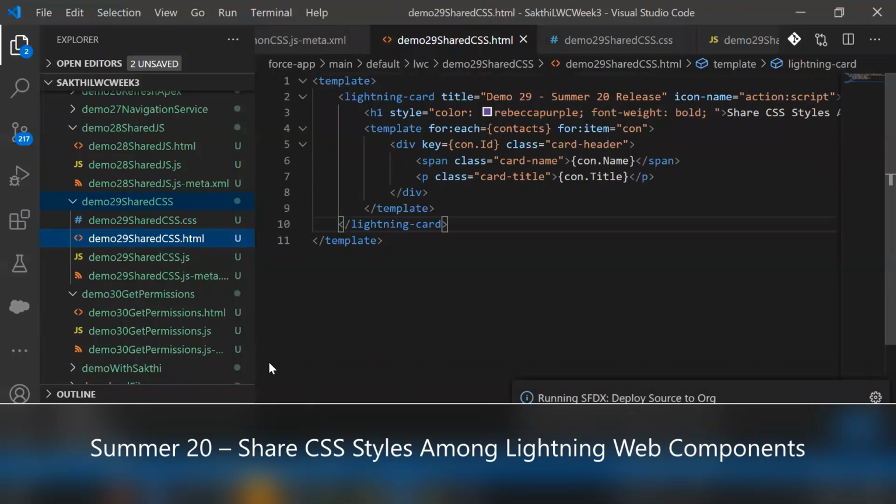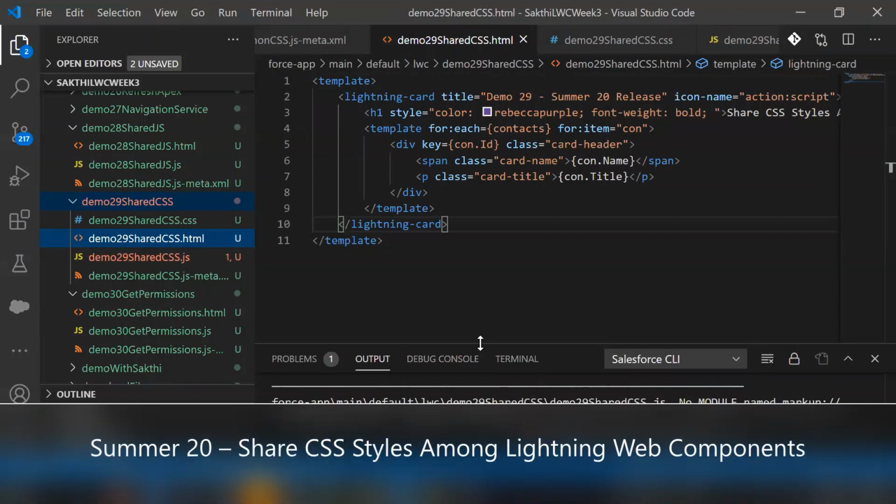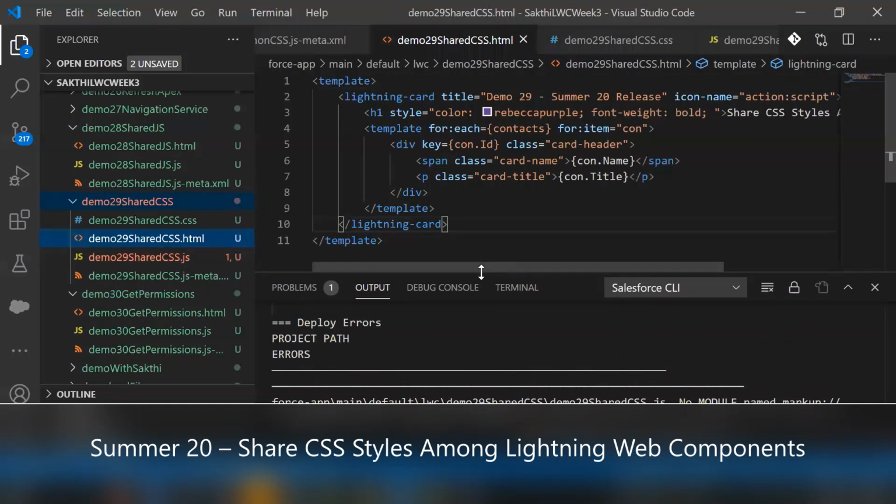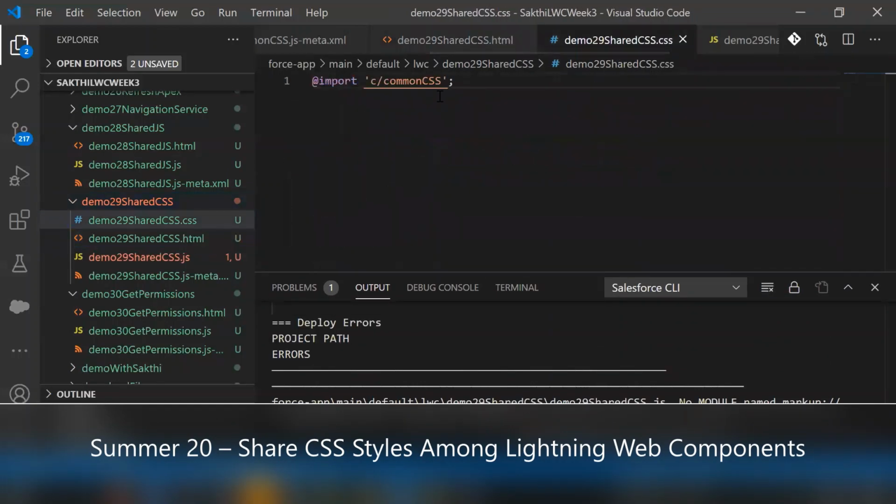If you deploy it, now you're getting that error. As part of Summer 20, it's not allowed to deploy the main component which contains the import for the CSS only module. So the workaround is that we always need to deploy the CSS only component together with the main component.